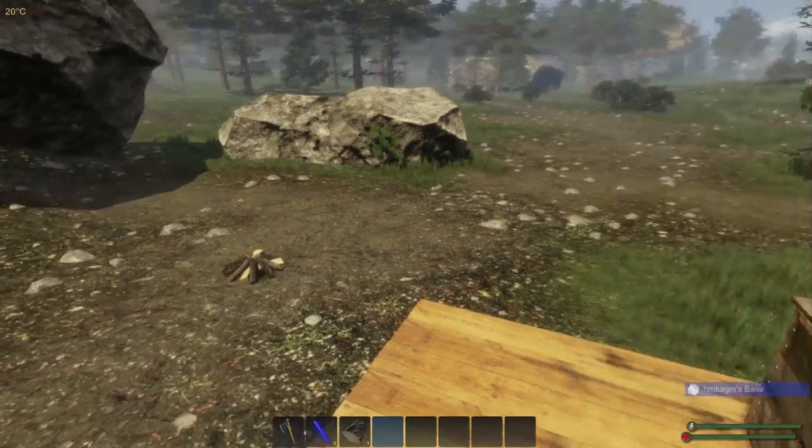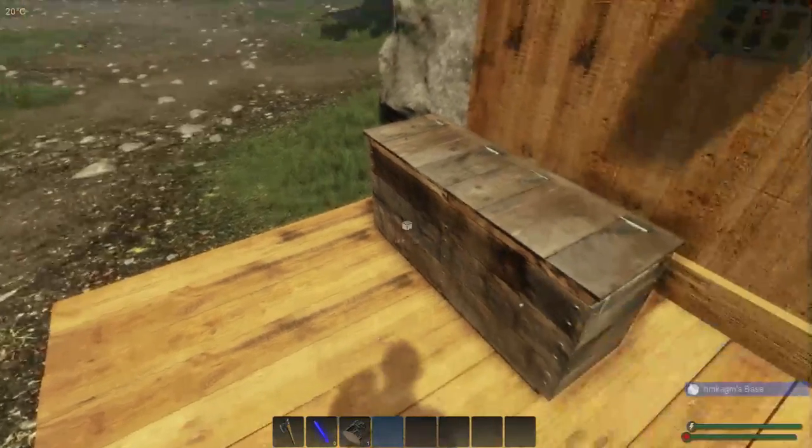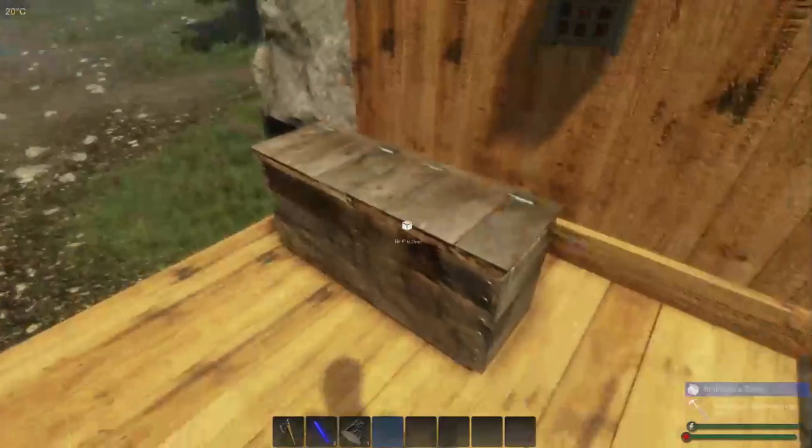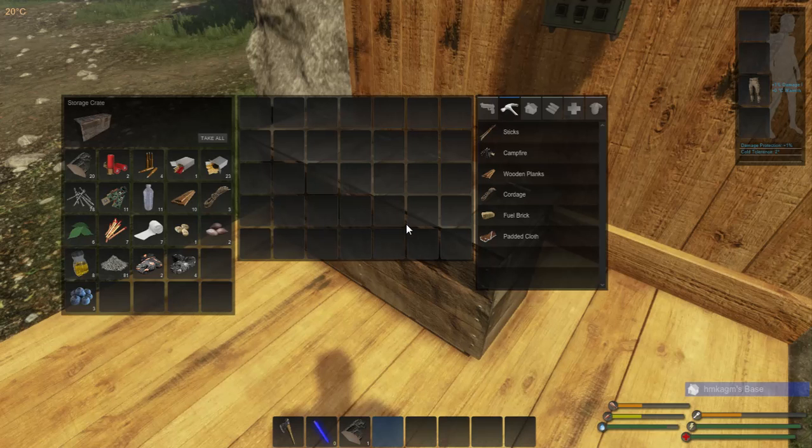And you're gonna find out that we died. We've just got an axe, a block of wood, and that's about it. But we do have our storage crate. Let me just check. And this is what we have inside. So what we're looking to do,